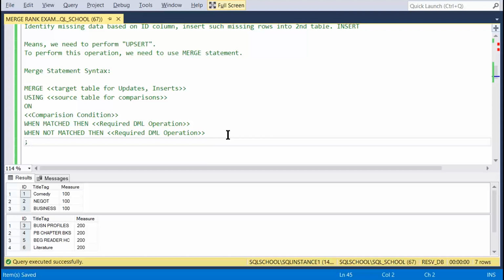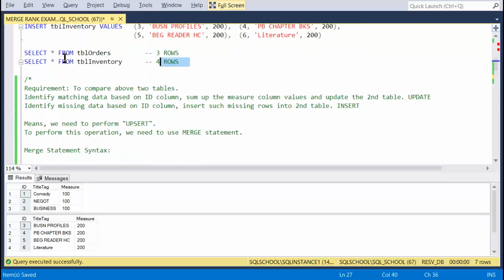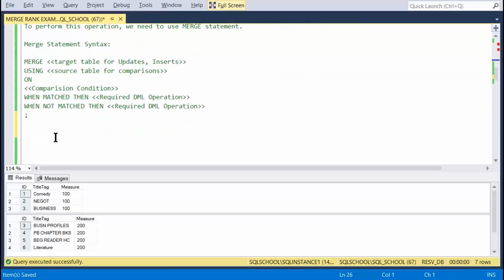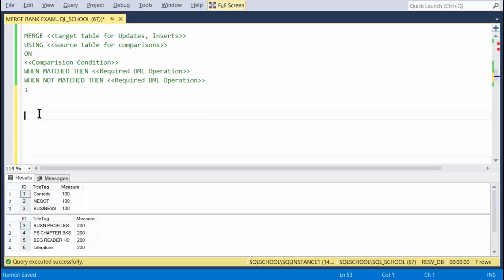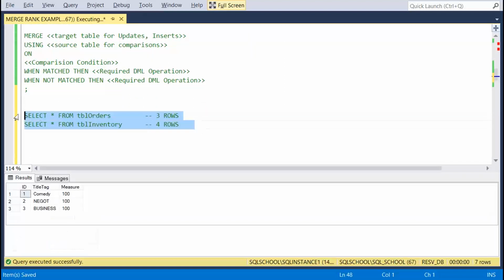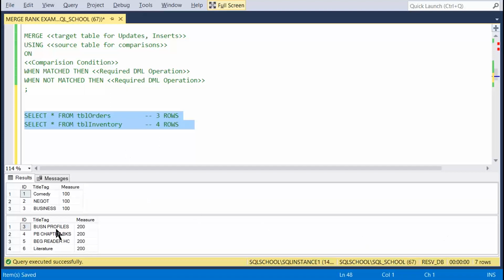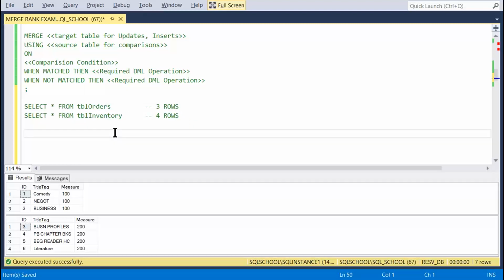Okay, let's see. Let's take an example here. A simple, straightforward concept. All we do is select from orders table and inventory table. 4 rows in second table, 3 rows in first table. Now what's our requirement? Compare these two tables. Merge. What to merge? Target. What's the target? We have to update or insert to inventory